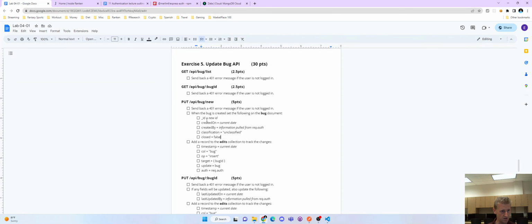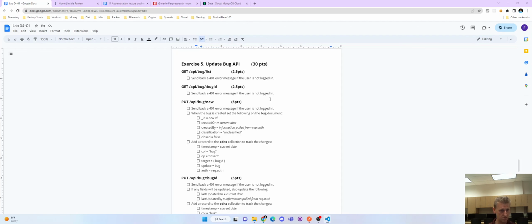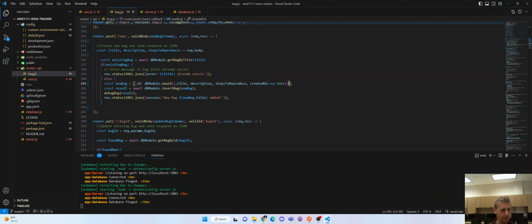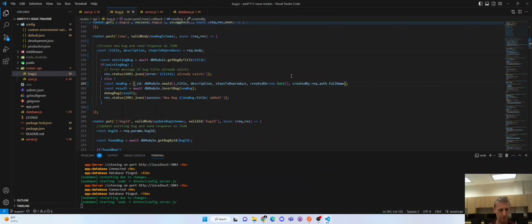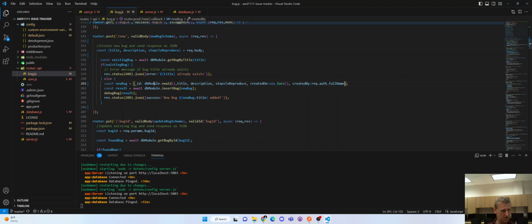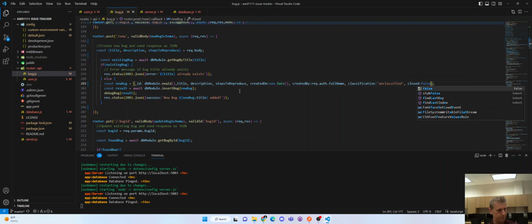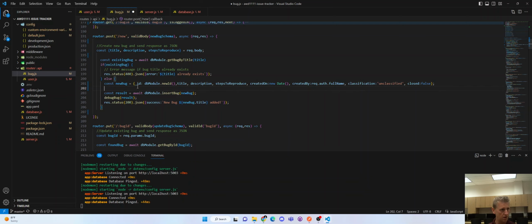So we'll generate the ID here, created on, created by, rec auth dot full name, classification unclassified. Closed is false. Okay, and